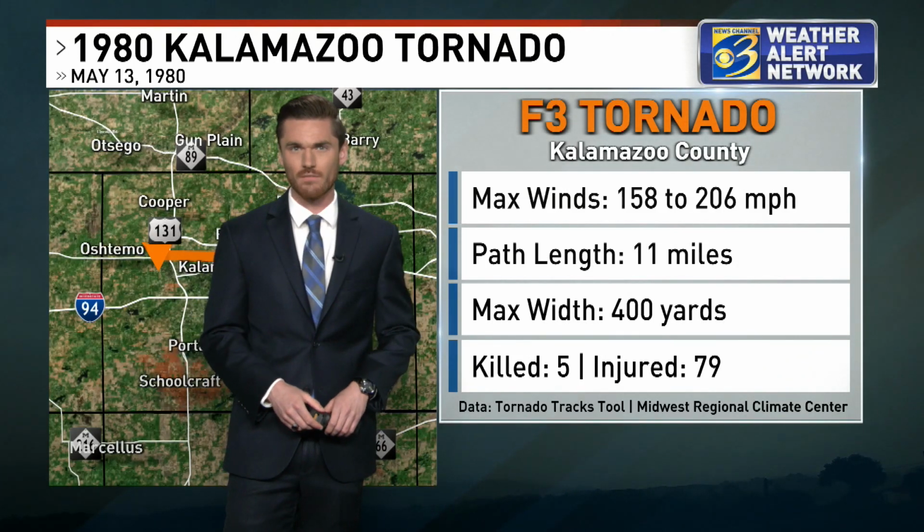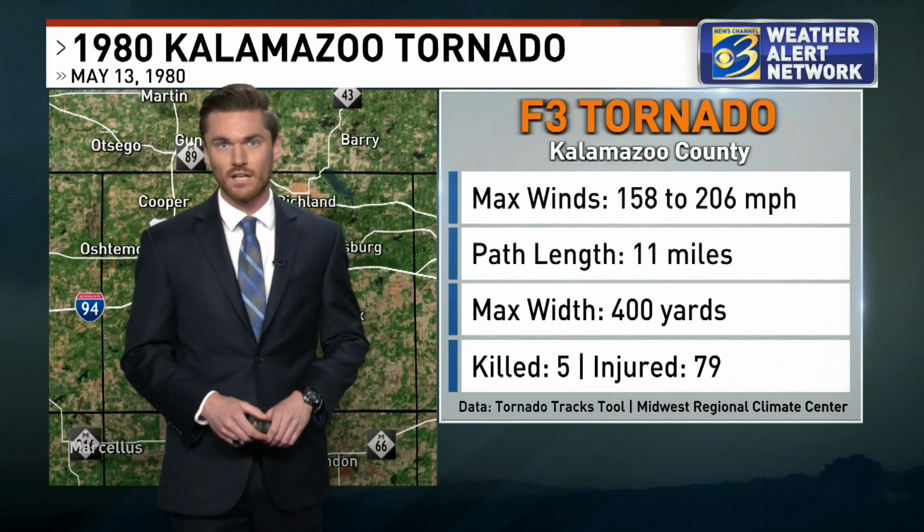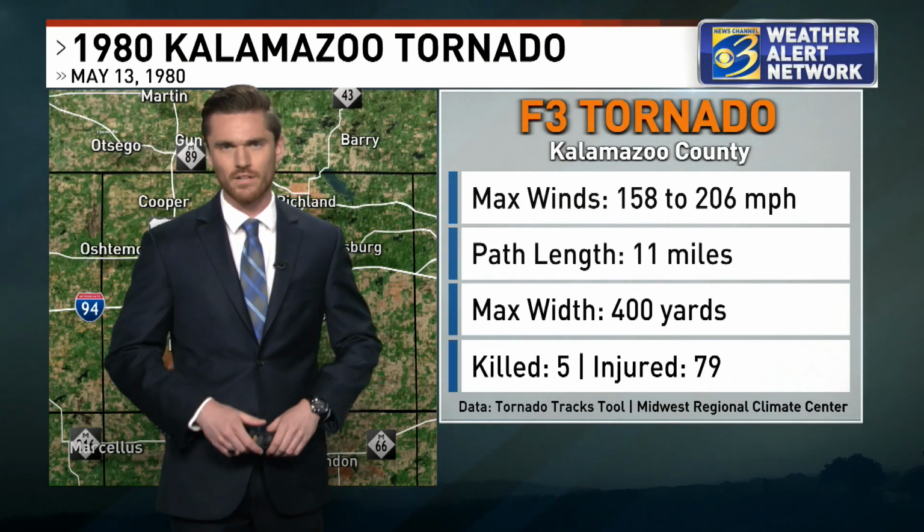That tornado claimed 5 lives and injured 79. Now, while strong tornadoes are rare in West Michigan, it's important to remember that they do still happen here. Keith? Thanks, Colin. Of course, everyone knows how dangerous tornadoes are, but as we just mentioned, in Michigan they're really